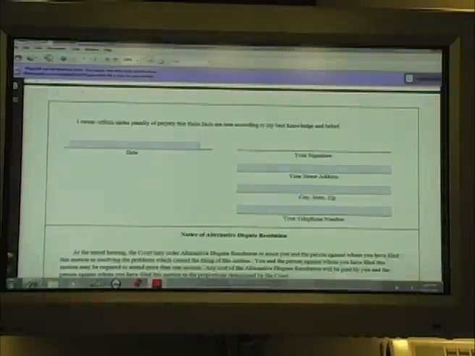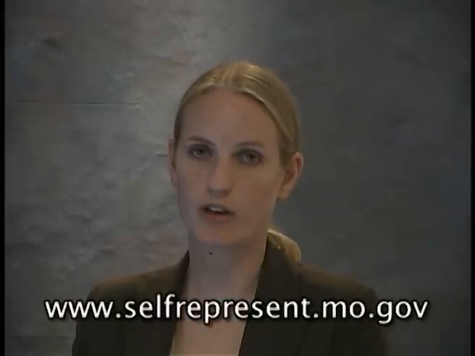You will be charged a filing fee, which varies depending upon the county in which you are filing. The fee in Clay County is $132, Jackson County is $180, and Platte County is $100. If you cannot afford the fee, you may file a motion and affidavit in support of request to proceed as a poor person, which, if approved by the court, will waive the filing fee. This form is also available at